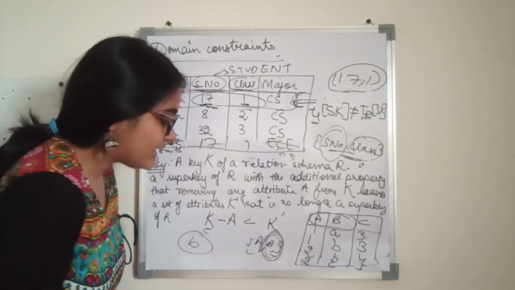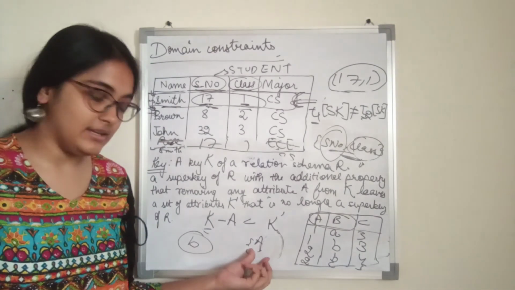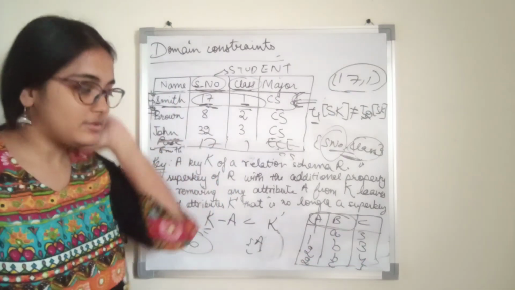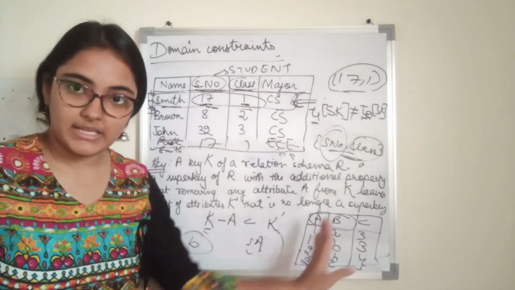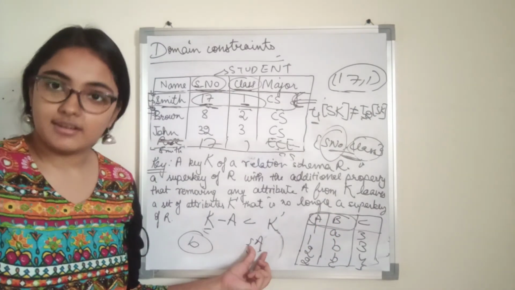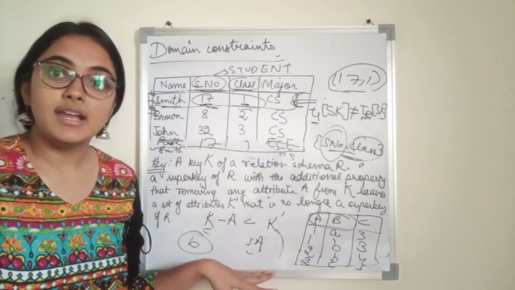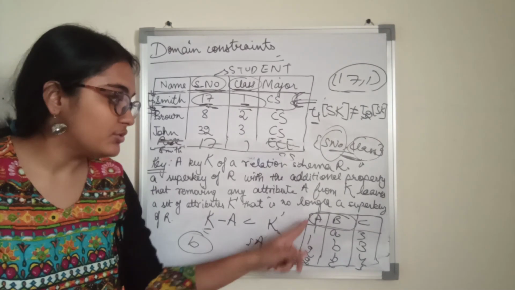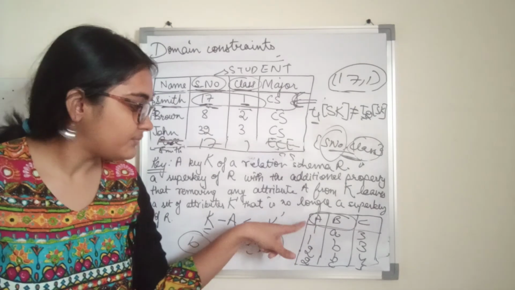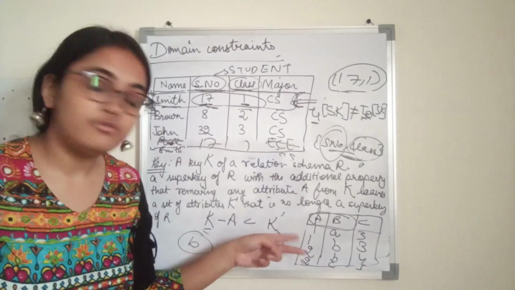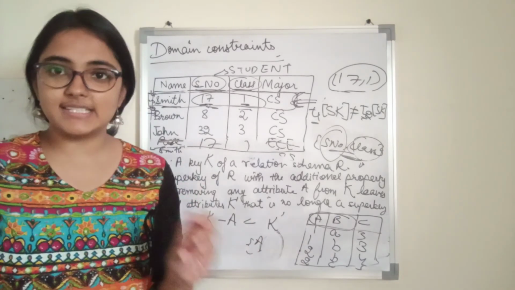So AB is a key. Even if I remove B and say that only using A I can have a super key, it will not be possible, right? What I mean to say is, if I remove an attribute from AB, an attribute from the key, I am left with attributes that are no longer a super key. That is, they will not be able to uniquely identify tuples in a relation. A alone cannot be used to identify tuples. If I say the value of A as 1, it will map to two tuples. If I say the value of 2, it is mapping to two tuples, right? So this is also not a super key. So key is a minimal super key.